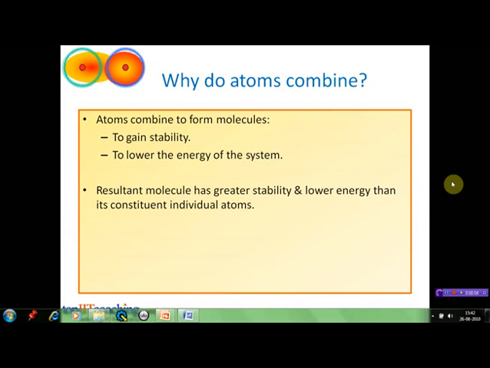When we think about chemical bonding, the first question that comes to our mind is, why do atoms combine with each other to form a molecule? The driving force behind combination of atoms to form a molecule is stability. Stability of a system is generally associated with the lowering of energy of the system. So, when atoms combine and form a molecule, it means that the resulting molecule is more stable than its individual constituent atoms and has a lower energy as well.